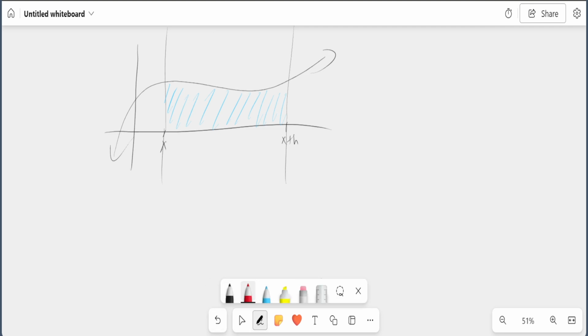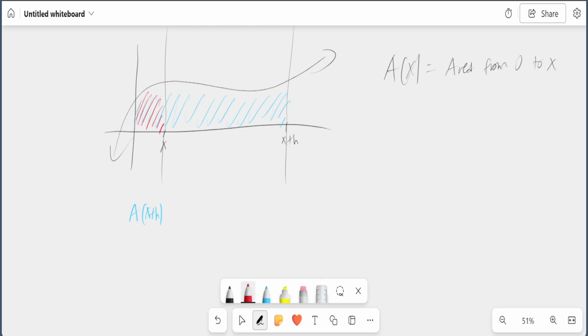So let's say there's this function A of x, which gives me the area from 0 to x, right? Well, if I take the area from 0 to x plus h, right? So A of x plus h